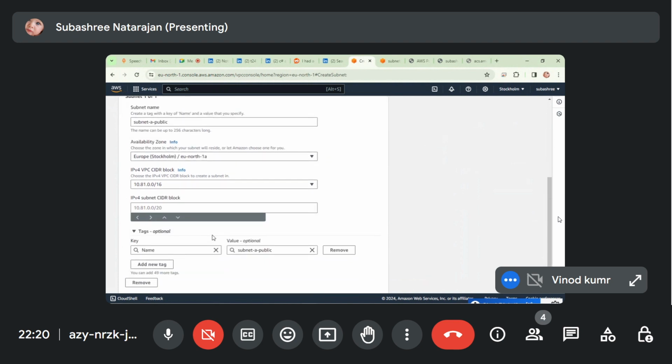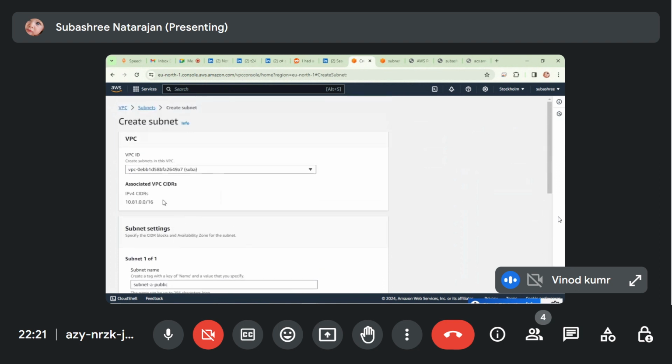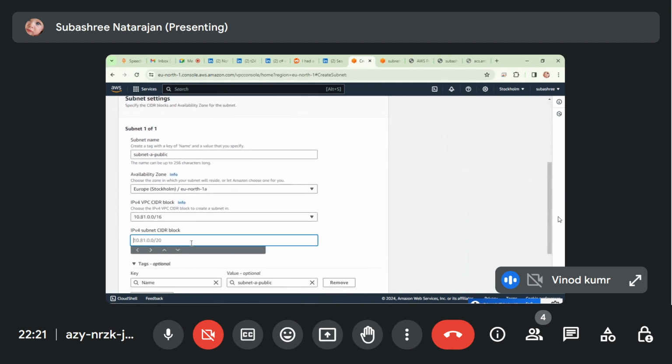And here that IP address you have to provide: 10.81.101.0 slash 16. Slash 24. But we only have 16, no? No, that is 16. I will tell you why that is 16 and why that is 24.